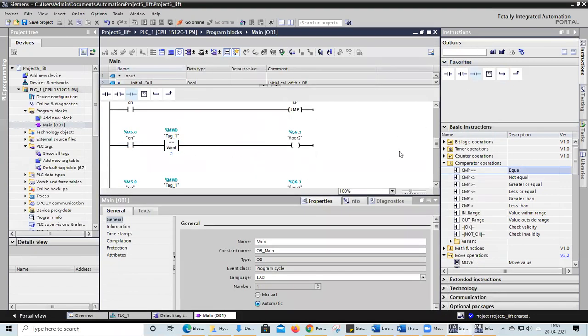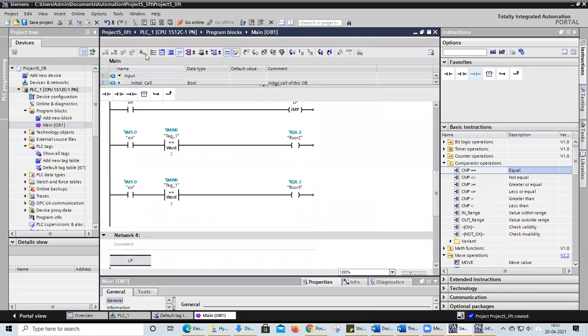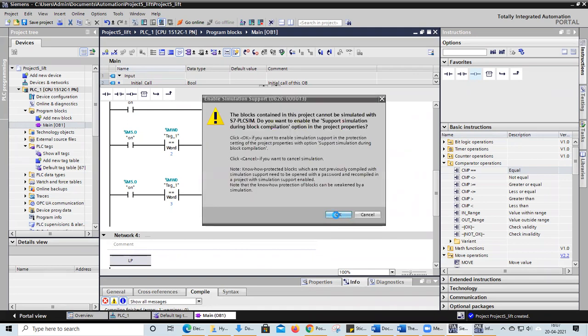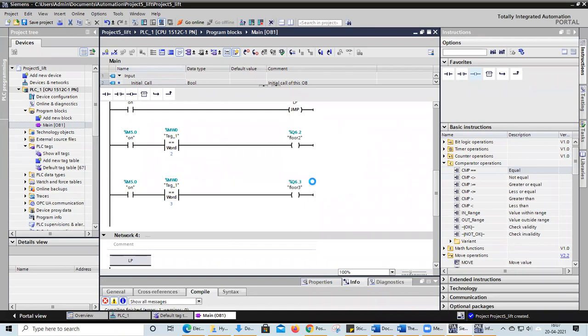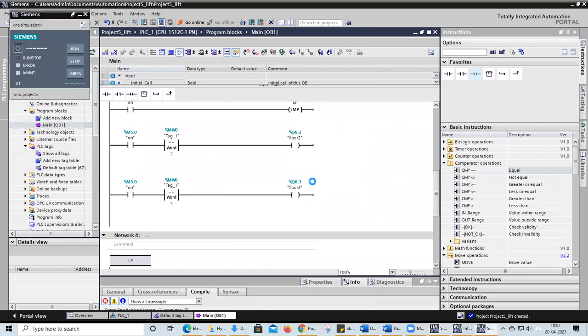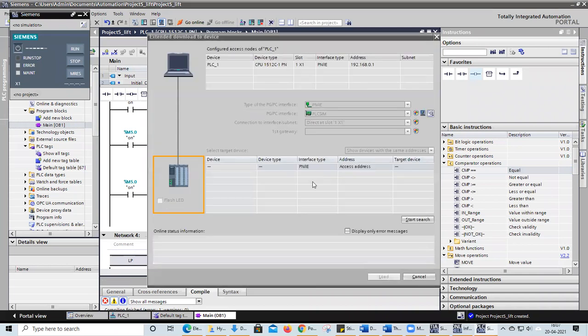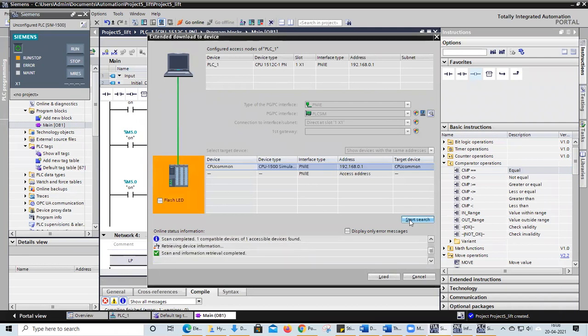Now I need to simulate it. Before simulation, I need to use the compile operator. I will do compilation. After compilation, I will use start simulation. Click OK. And start search option, and click load.